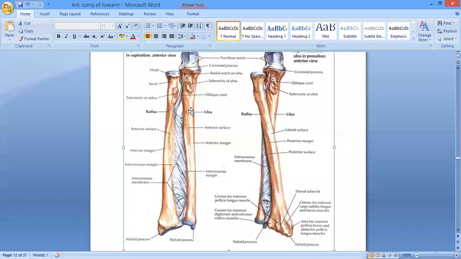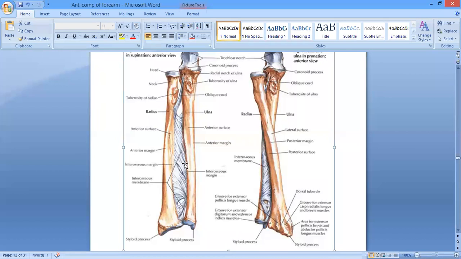Number two, the second function of the interosseous membrane? It is going to give attachment to the muscles. Okay, we will read ahead that some muscles are also getting their origin from here. It provides attachment to the muscles. And number three, it is going to make a joint. I told you, this interosseous membrane is going to make the middle radioulnar joint, that is a fibrous type of joint, also named the syndesmosis. Okay, is it clear? Any problem with the interosseous membrane, children?